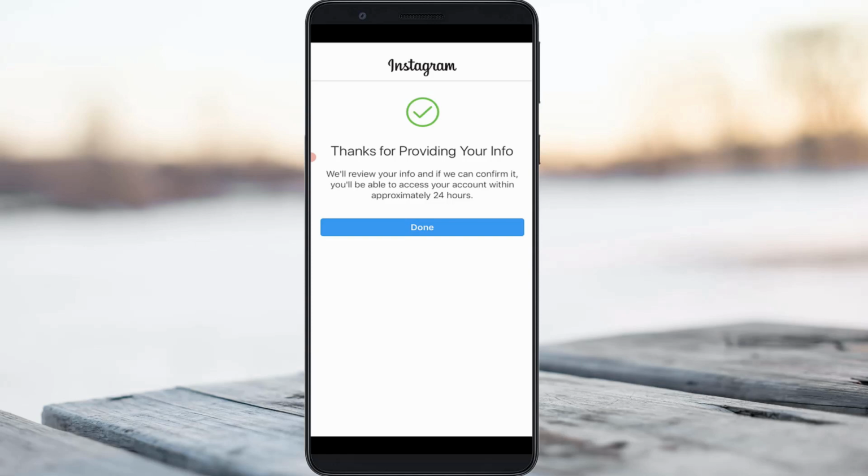So today I will show you how to recover your deactivated Instagram account by using your Android mobile, and this trick also works on iOS platforms. So if you mistakenly deactivated your Instagram profile, you can easily retrieve your account by sending the request form. Once you send this request form, the Instagram team will verify your details, but sometimes this process may take up to 24 hours.